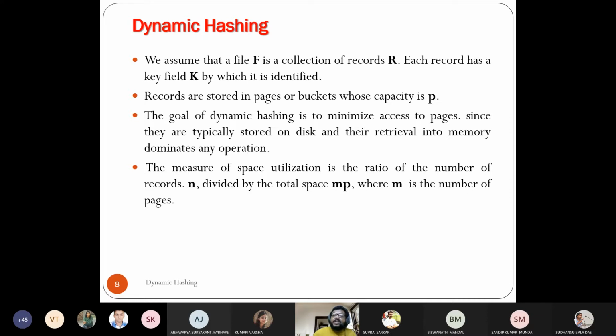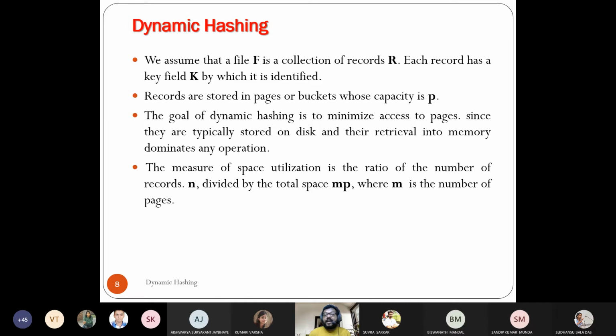Let that be 64K. The maximum you can store in your page or bucket is 64K, so I say it's a capacity P, the unique addressable area in your secondary storage.